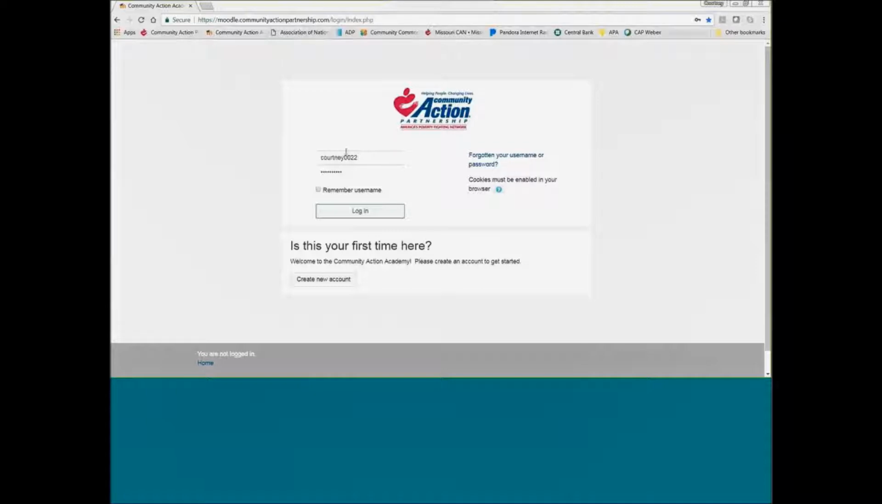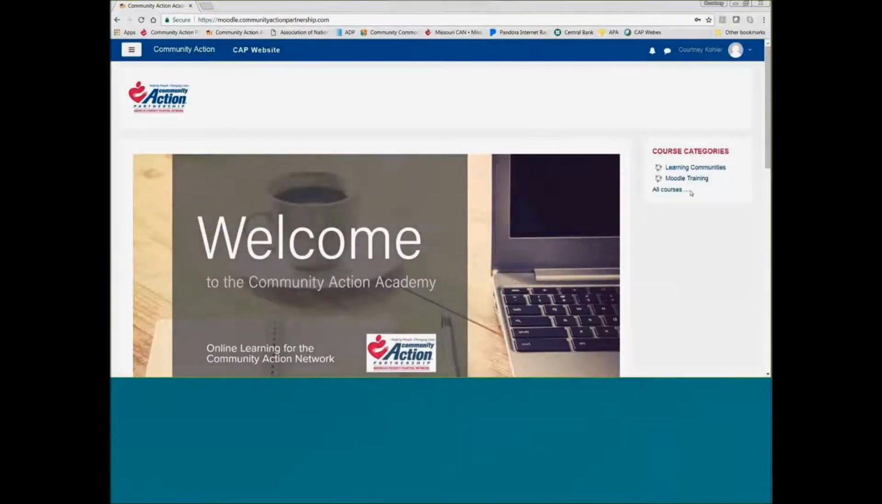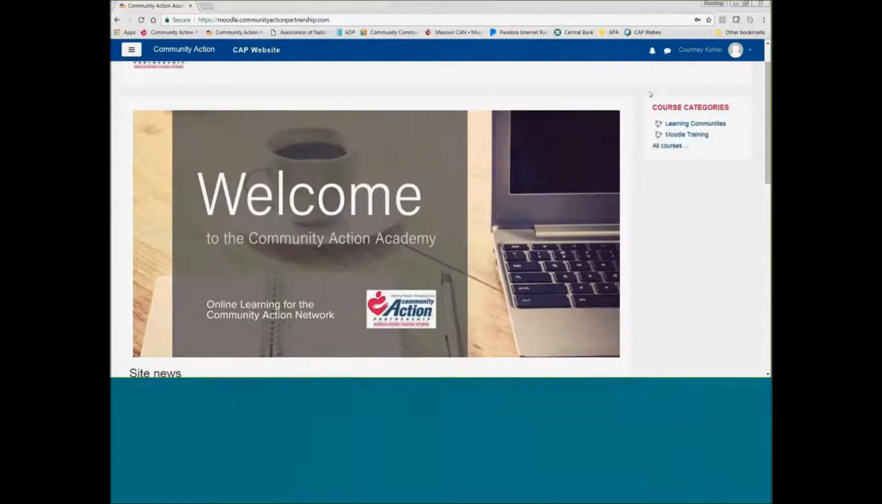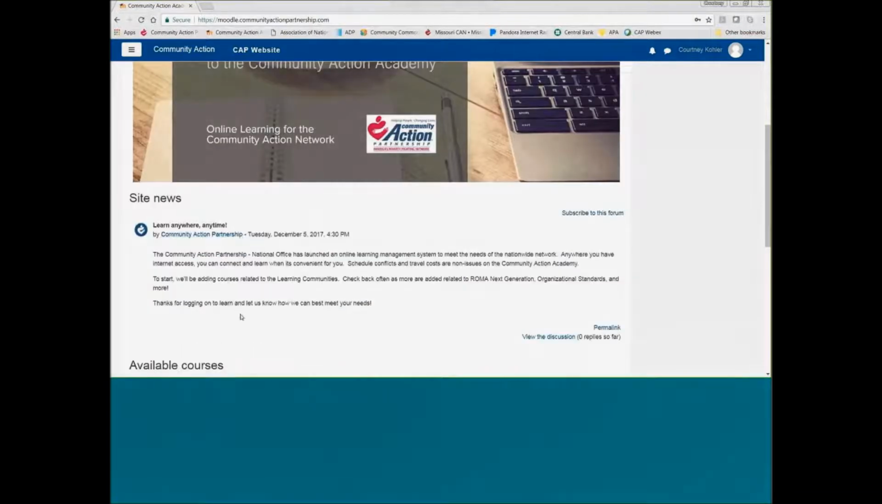moodle.communityactionpartnership.com. And in here, I'm just entering in this basic account that I've created to show you all how to navigate this application. So type in my username, my password, and then I hit login. Once you enter the site, just to show you a little bit about what you see on the first screen, you will go down and you'll see our site news, a little bit about the Moodle platform and the Community